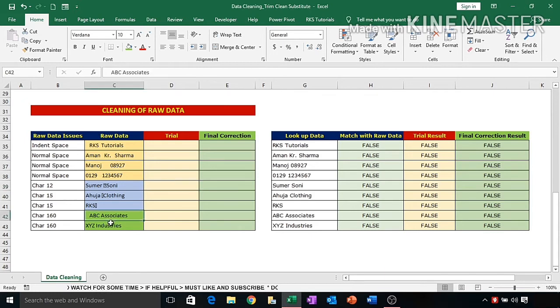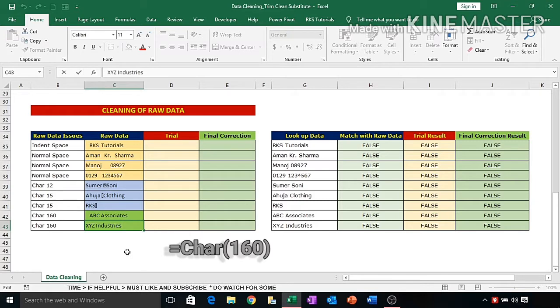And in the last two entries we have other spaces. You can see just before the A, and here after the S, there is a space. This is not the normal space, but a non-breaking space, defined by the character 160.